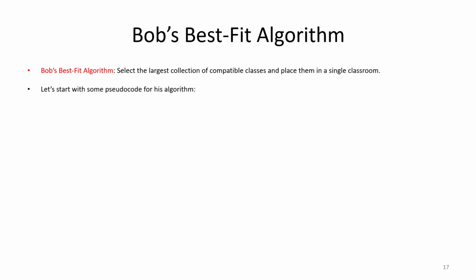Bob's best fit algorithm, the one that we have outlined here, proposes that we select the largest collection of compatible classes, and then we place them all into a single room. And the idea is that if we take that largest collection of classes, that will lead to the minimum number